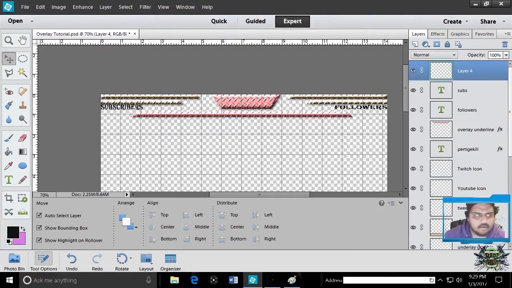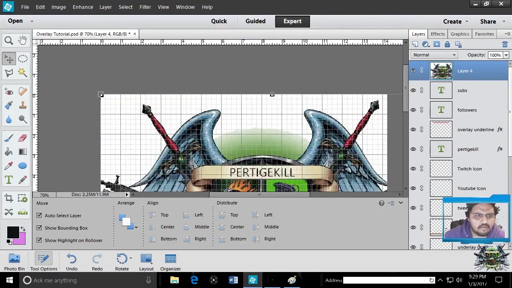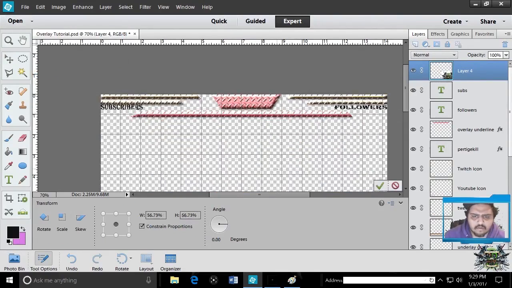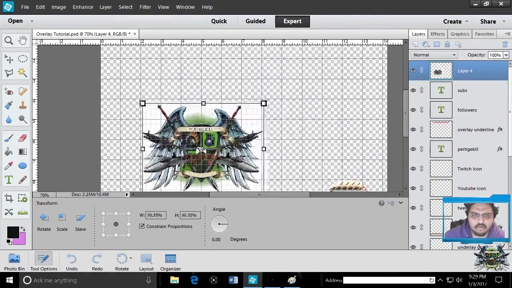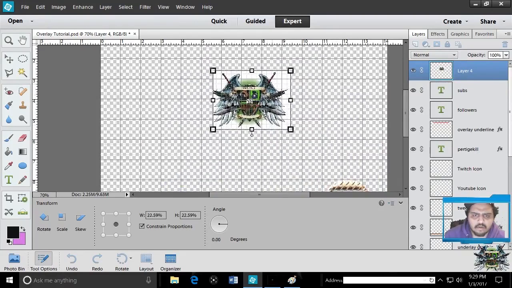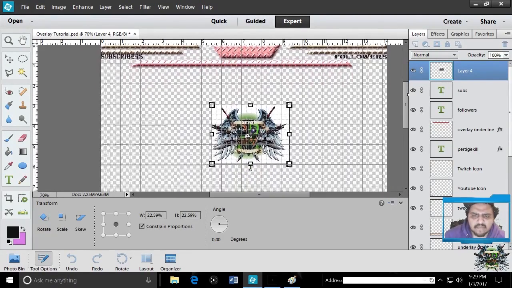Find a layer, edit, paste. Bring this up. And what you guys want to do here is get rid of this white space in the back so it will look like a PNG. So the way that you get rid of the white in the background is